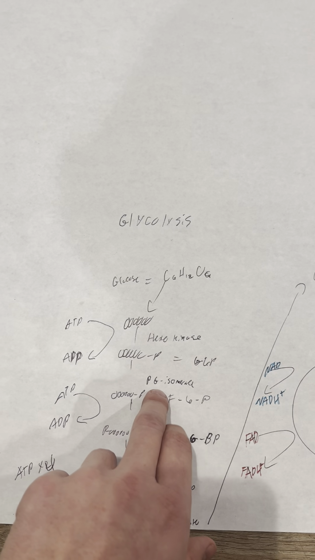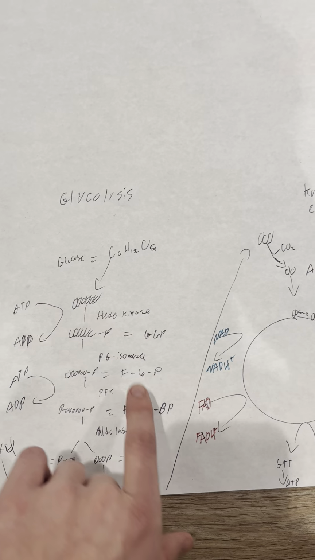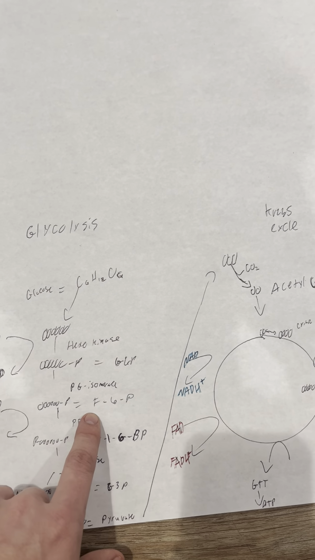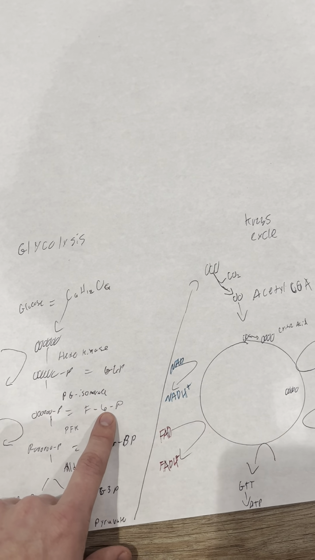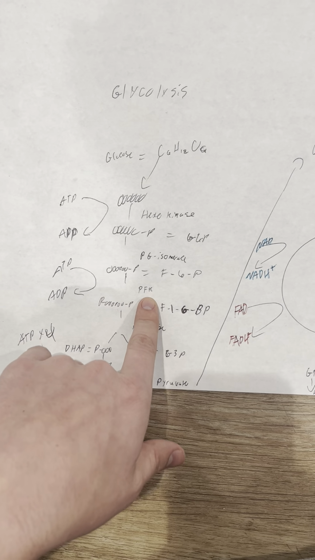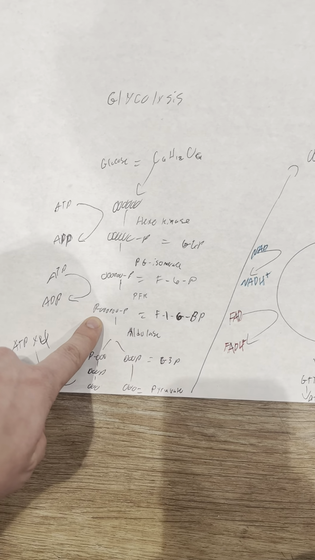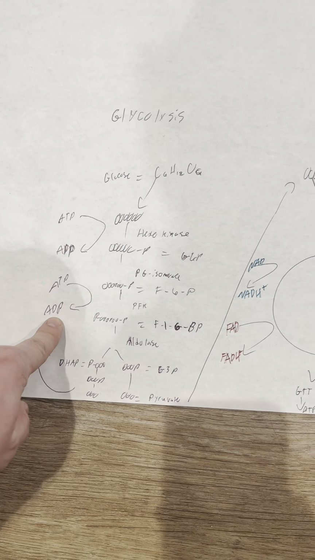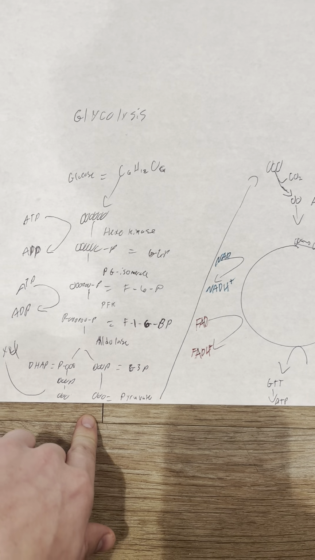The G6P then runs into the next enzyme, which is called PG isomerase. The PG isomerase transforms the chain into F6P. Then the F6P chain runs into the enzyme PFK. The PFK adds another phosphorus to the end of the chain. This process also takes one ATP and turns it to an ADP, and this new chain is called F16BP, which stands